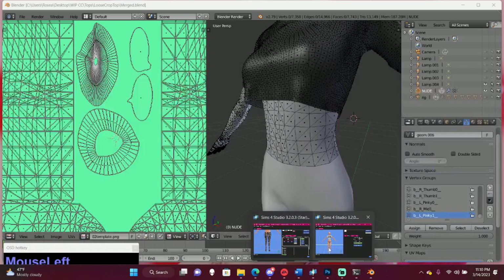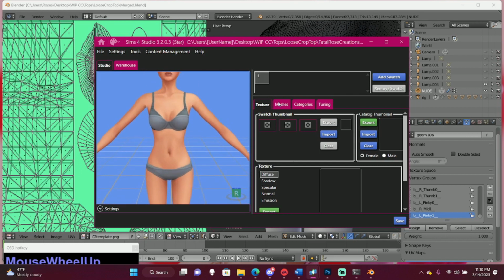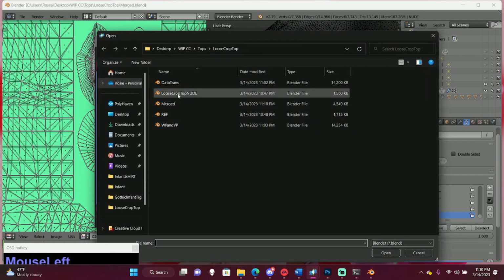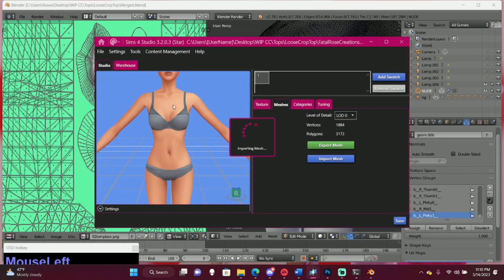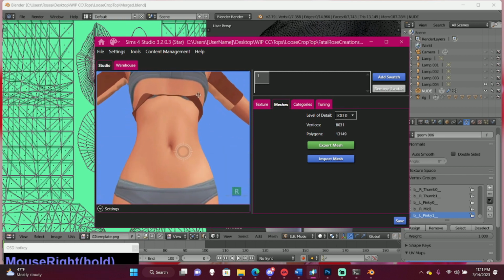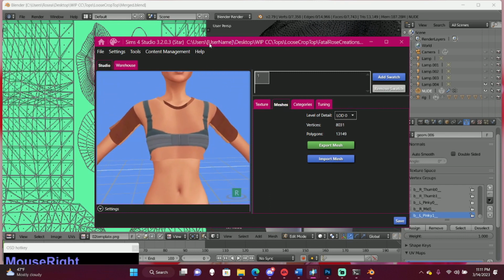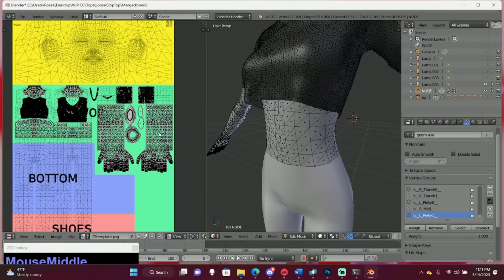And when we go into Sims 4 Studio, I'm gonna open up our package that we named, import mesh, and we're gonna import that merge file. Alright, so as you can see, where it says polygons, my approximation was pretty darn close. I said it'd be pretty close to 15, but it's under 15, so we're happy with that. The 15,000 number I get is from TSR, and I like to upload there, so I just use that as my base number.